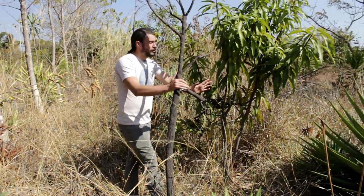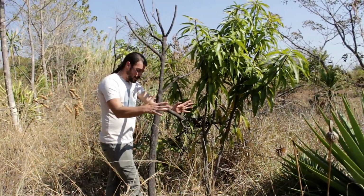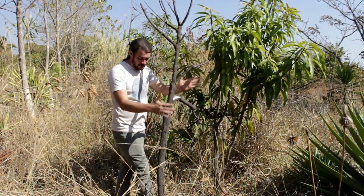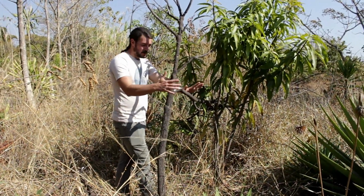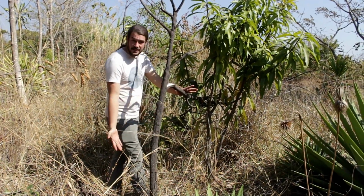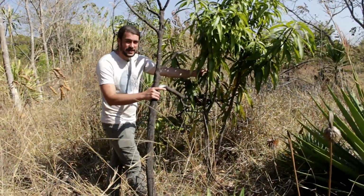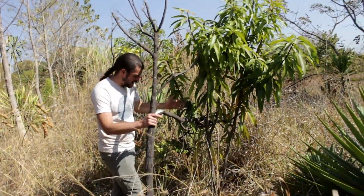So here's an example of using your original planting to protect a more tender tree. So this is another pigeon pea. It's not quite dead. Large parts of it have died off. They have been eaten by termites. But what's happened there is this young variety mango that has been coming up behind that hasn't been eaten at